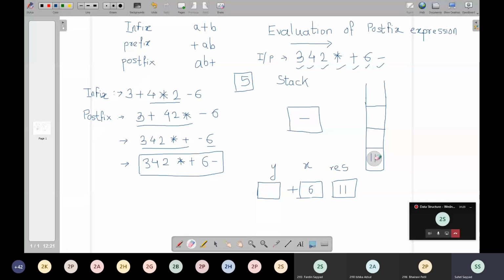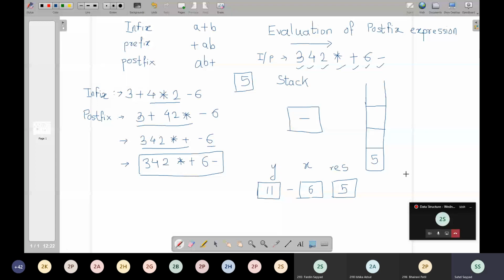The result that will be calculated over here is 5. This 5 will be pushed on the stack, because when we have an operator, the step only completes when you push your final result onto your stack. So 5 will go on your stack. Correct? Now your entire expression is finished, right? So we have to repeat.